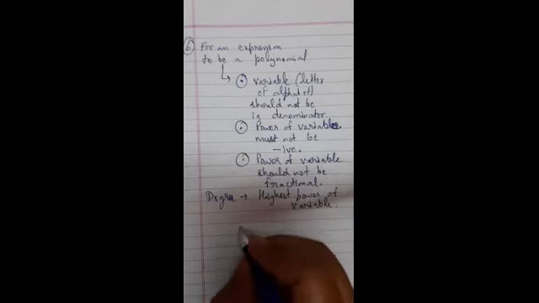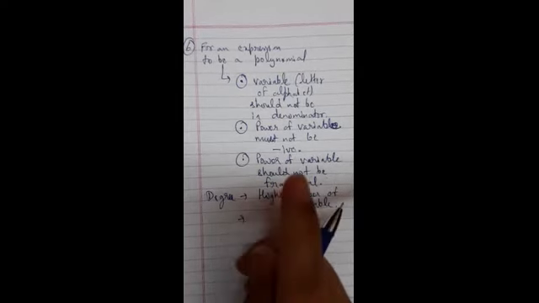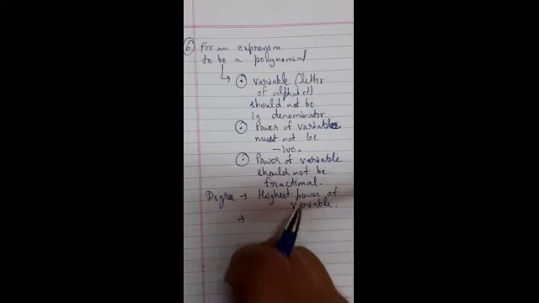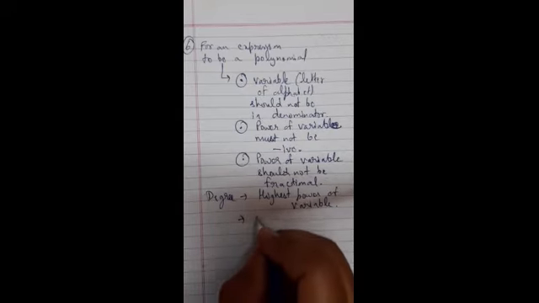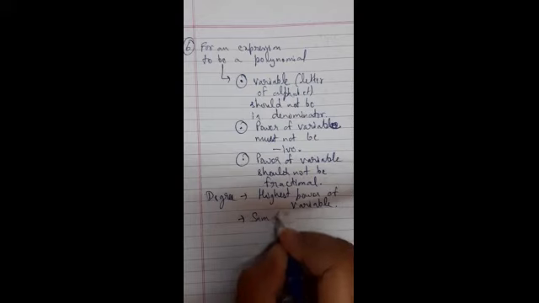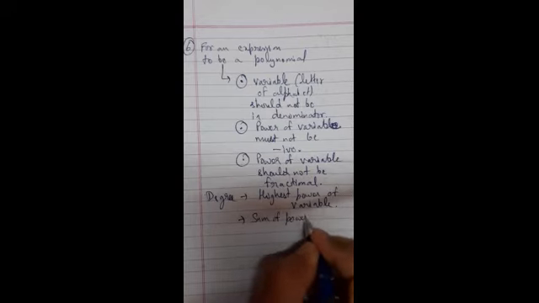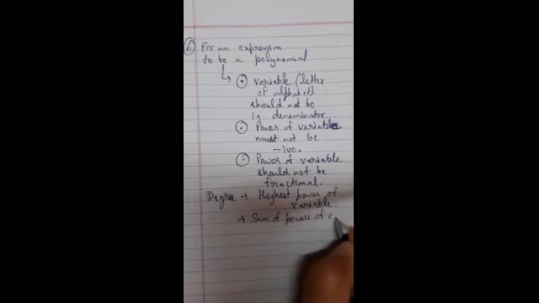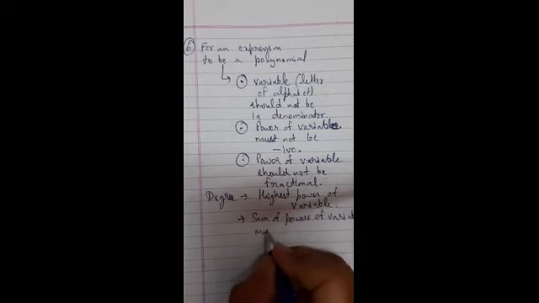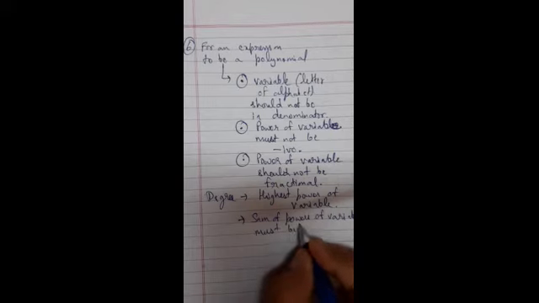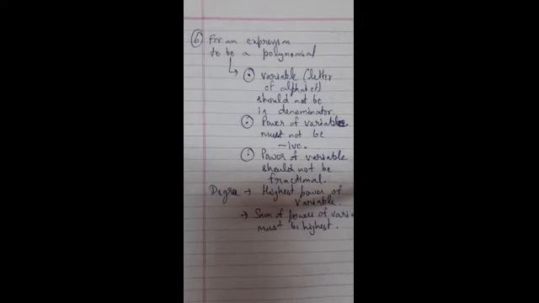But it can be that there are multiple variables in one term, maybe x square y cube. Then the sum of powers of variables must be highest. Then only it will be the degree. Let us see the question now. The question says, okay, let us pick up a few parts. Let us pick up the last part of the question.